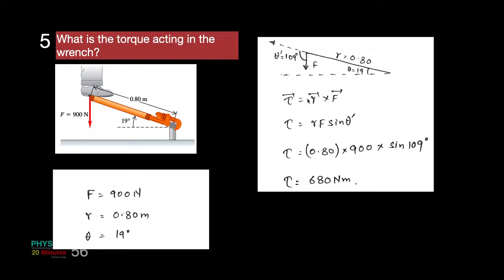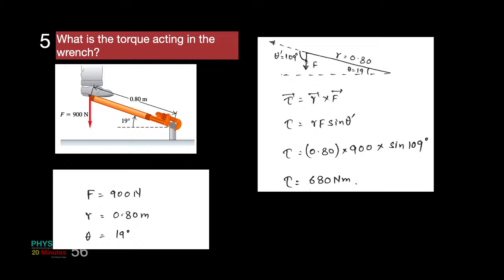Now 19 is not the angle between r and f. If you observe carefully, if this is the r vector, then the r vector will point in this direction, while the f vector will point in this direction. So the angle between r and f is this angle,